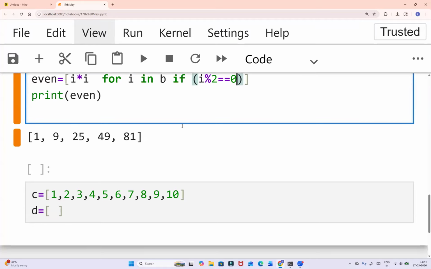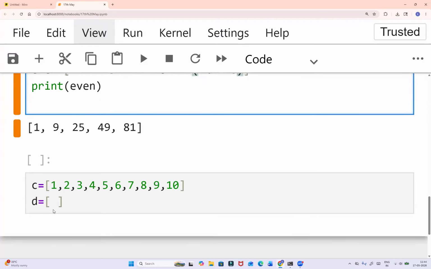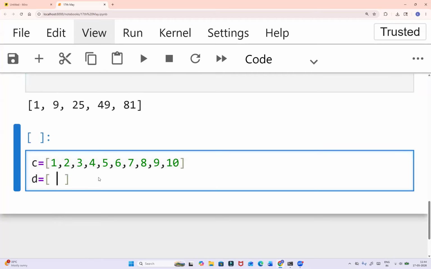Now, please tell me the logic. What's the first for loop? Who is going to help me? For I in C. Then if I modulus 2 not equal to